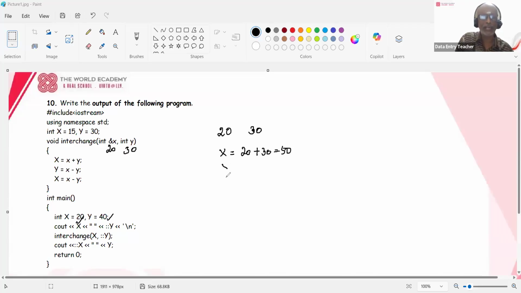And then y is equal to what? x minus y. x is 20, 20 minus y, which is 30. So that is equal to negative 10. So now global x is what? Global x is 20 minus 10, so that is equal to 30. So what are you printing? You're printing the global x. Global x is